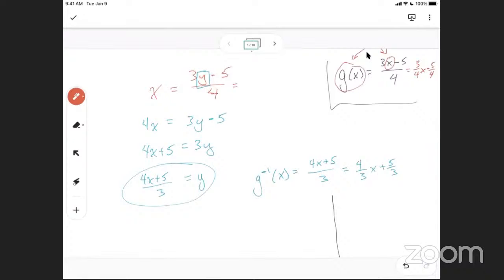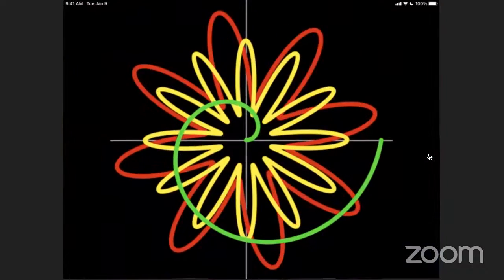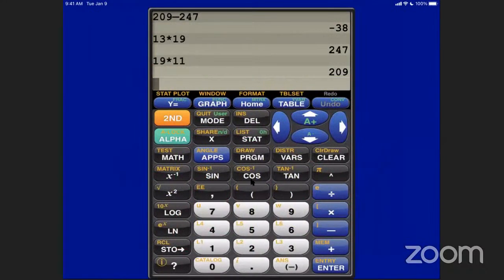Do you remember how you can tell if two functions are inverses of each other by looking at their graph? Have you learned about that yet? Probably. I have to be like shown something. So I'm opening up the Jamboard right here so I can see it. If I were to take my graphing calculator, and if I were to plug both of those in,